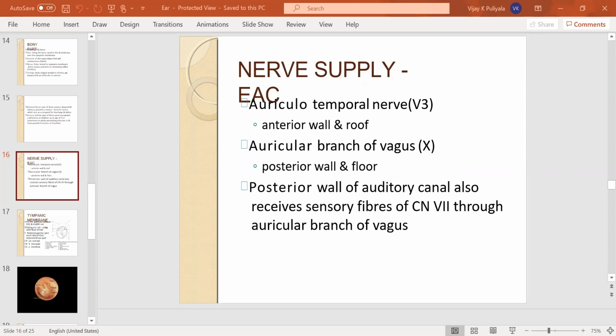Okay. So what is the function of this eustachian tube? To maintain the equilibrium, the same pressure, on both sides of the tympanic membrane, between the middle ear and the outside. Okay. So what is the total length of this eustachian tube? That is 36 mm. Here we have two parts, the bony part and the cartilaginous part.